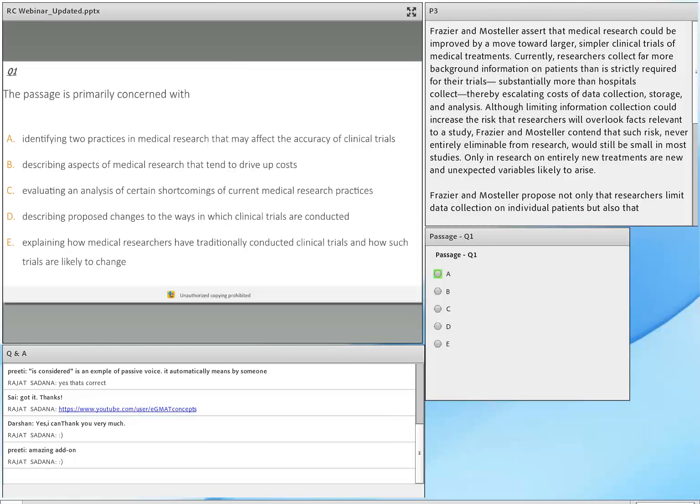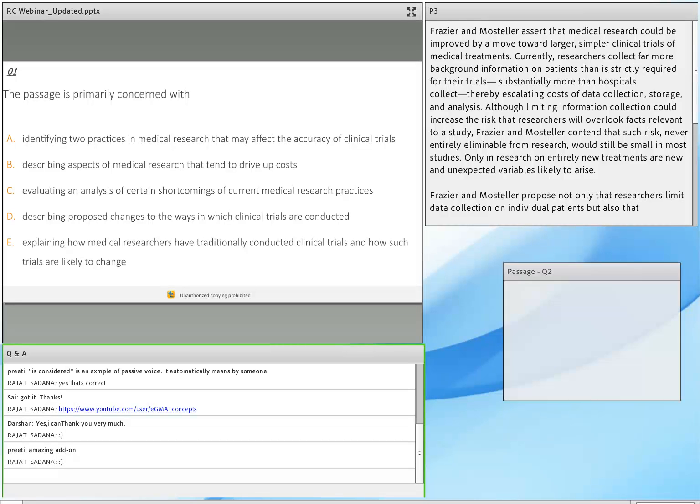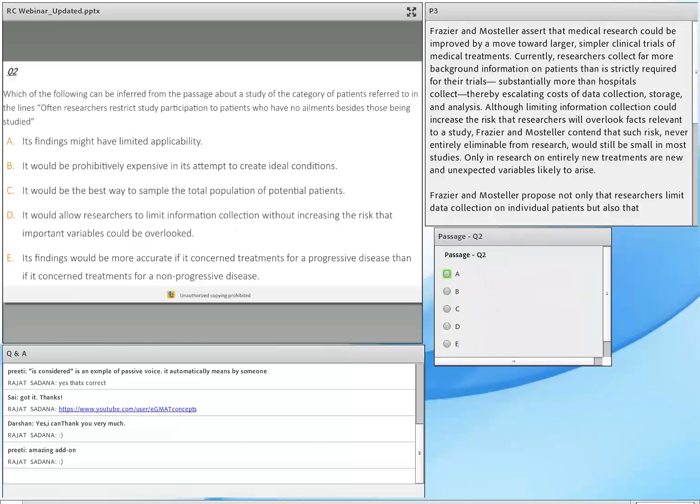Okay, last 20 seconds, guys. Let's get those responses in. 3, 2, and 1. And we're going to do this GMAT style, so I'm not going to share the results with you. I'm going to move on to question number 2 right away. Let me end the poll. Move over here. And here's question number 2. You should now be able to see question number 2.